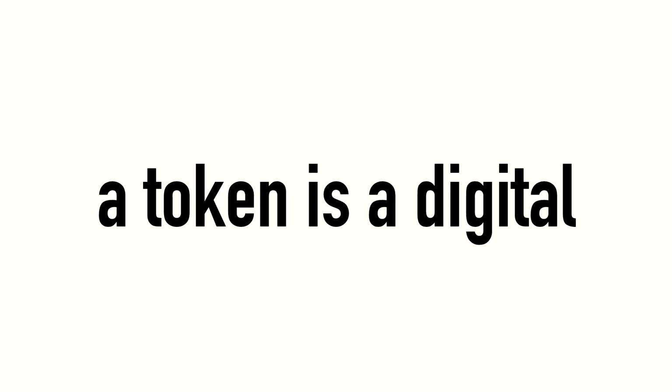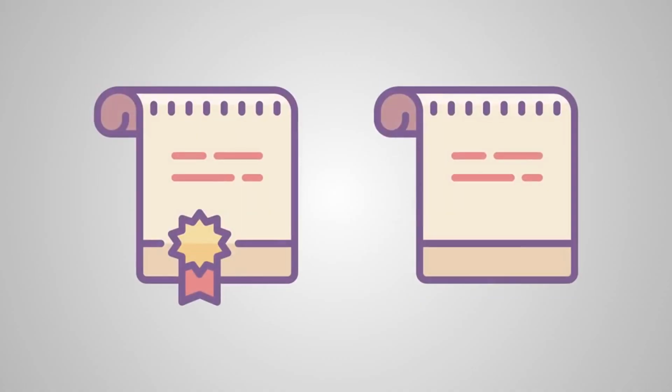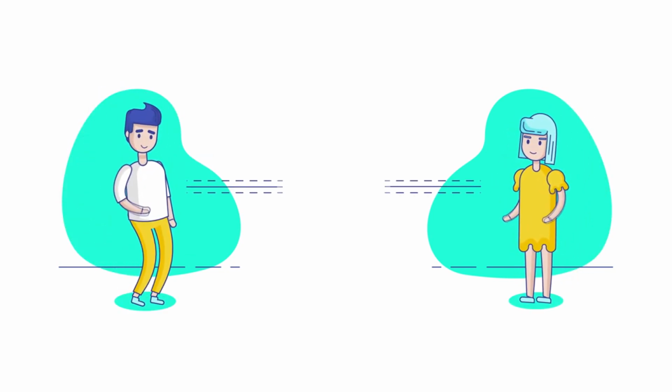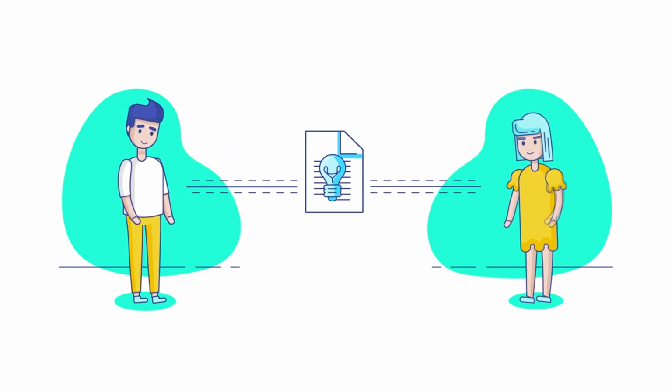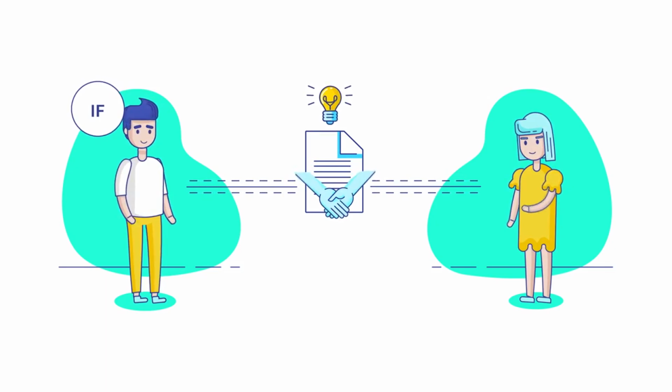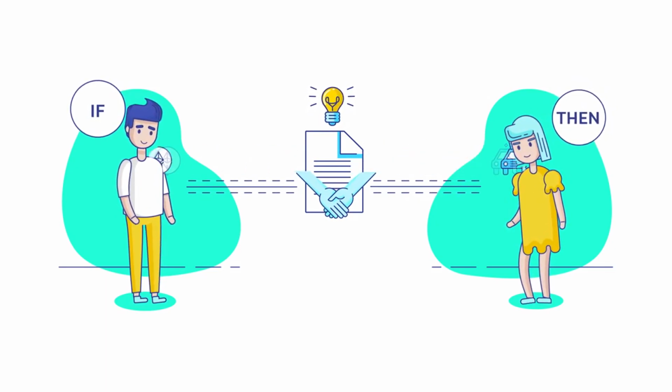A token is a digital artifact that represents a metered resource. They are often implemented via smart contracts. A smart contract is a self-executing contract with the terms of the agreement between buyer and seller being directly written into lines of code. Tokenization involves many layers of security to ensure that a token successfully represents its unit of